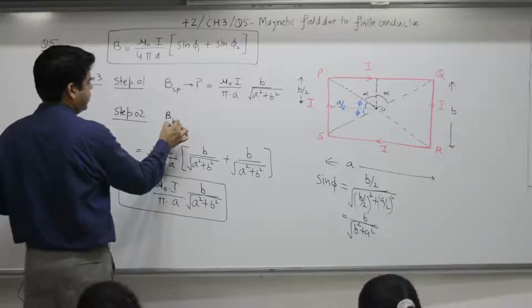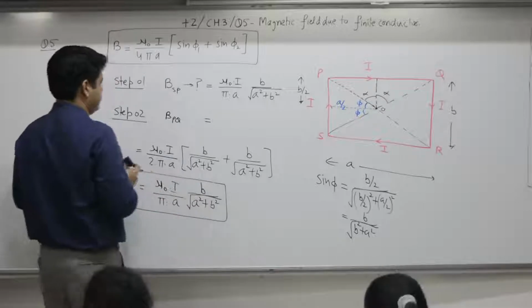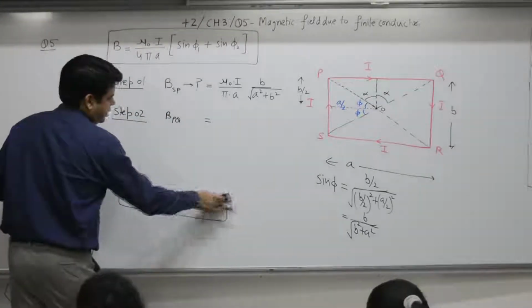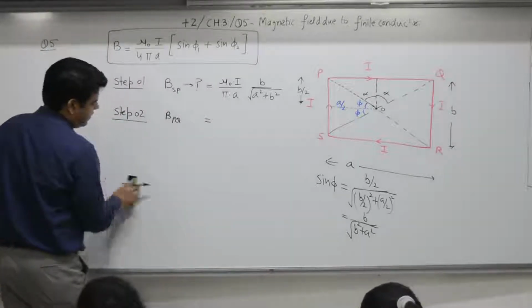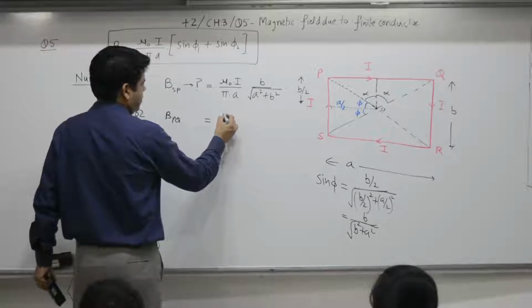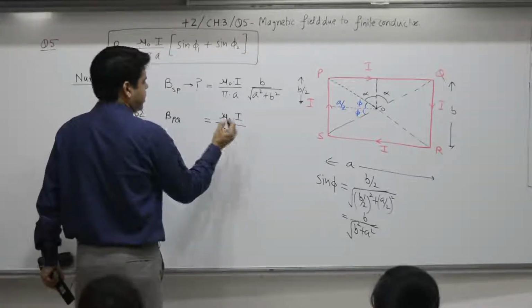B, PQ, anyone? Follow the same procedure and at the end you put the value for sin alpha also. Result is, yes, nu naught I pi,